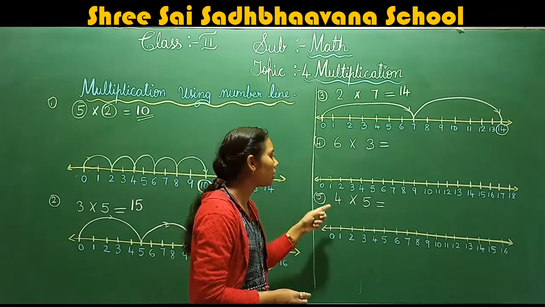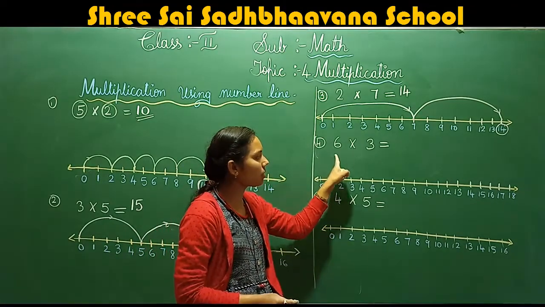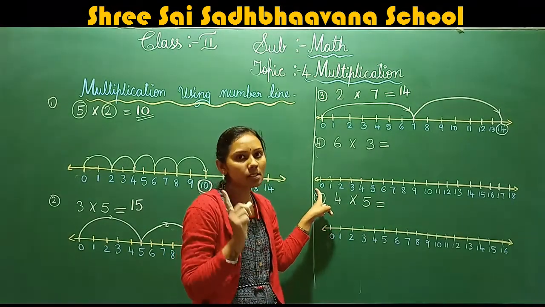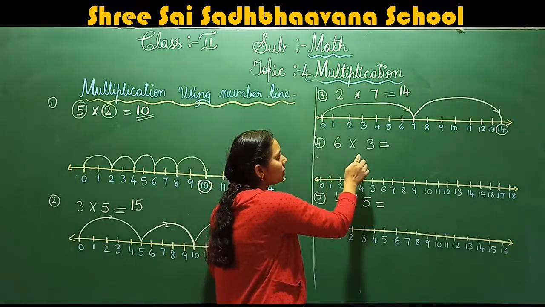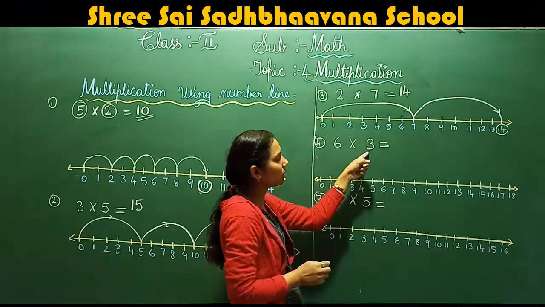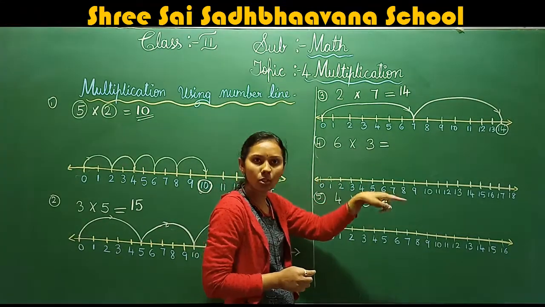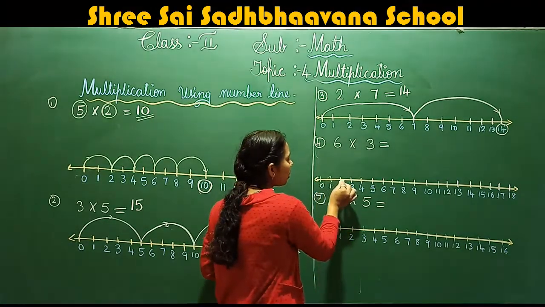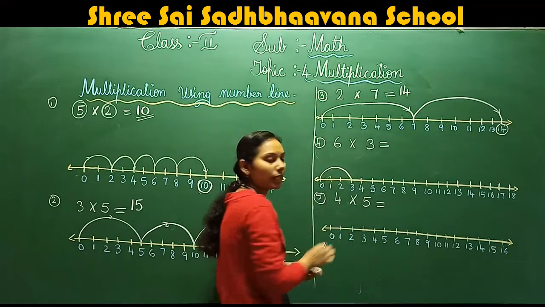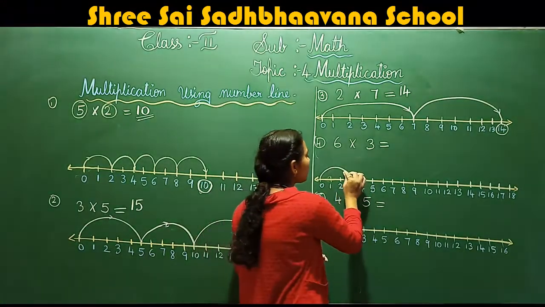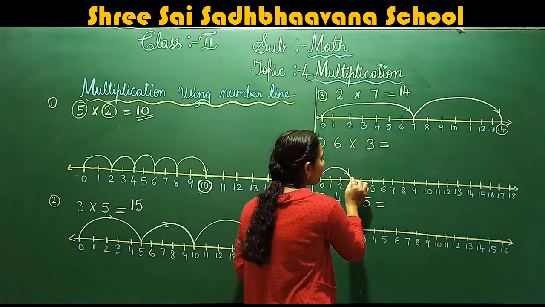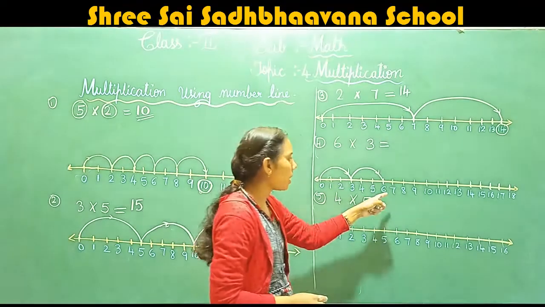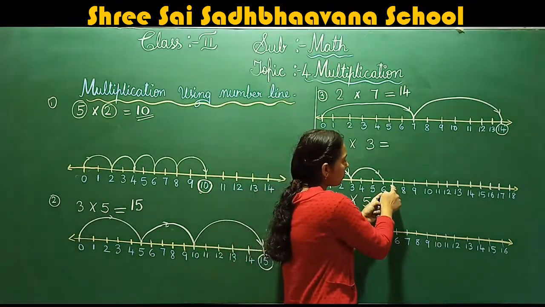From where we have to start here? From which number we are going to start? From 6? From 6 we are going to jump? No. We are going to jump from 0. So 0 to 3 numbers they told. Not 6. 6 times we are going to jump. 3 numbers we are going to skip. Okay. So 0 to 1, 2, 3. One time. Okay. Next. 1, 2, 3. 2 times. 3 to 6 we have jumped. Again from 6 we should leave 3 numbers. 1, 2, 3.